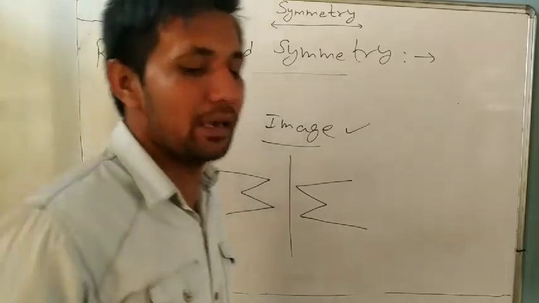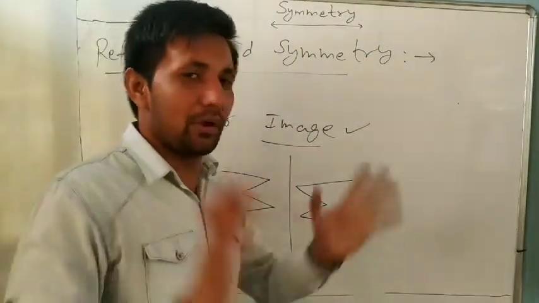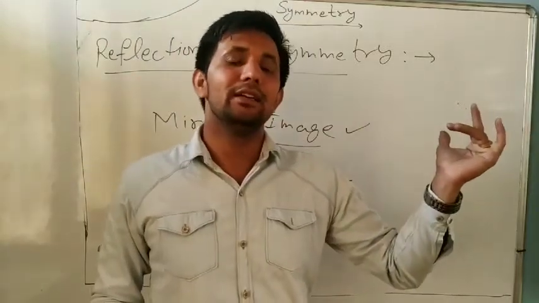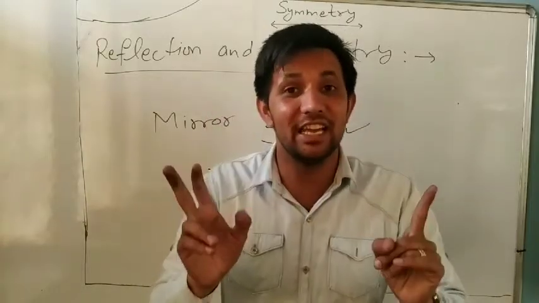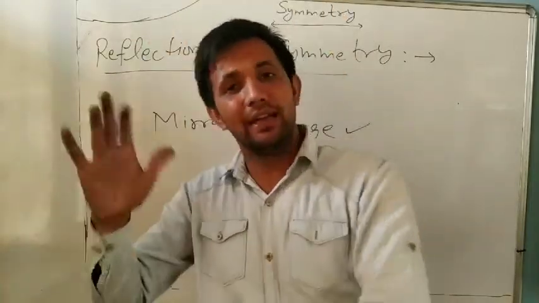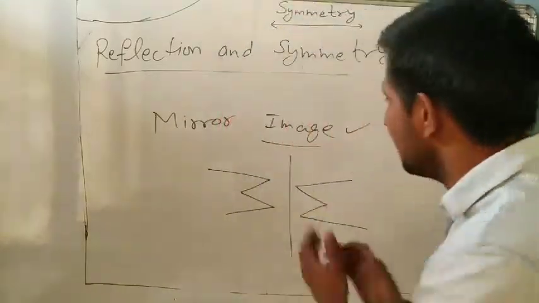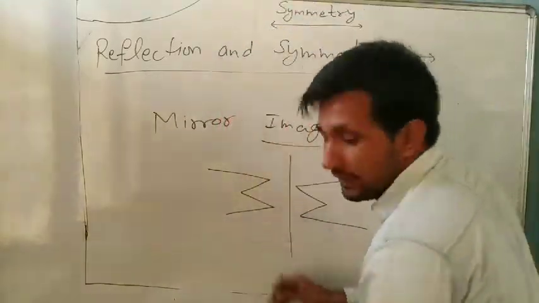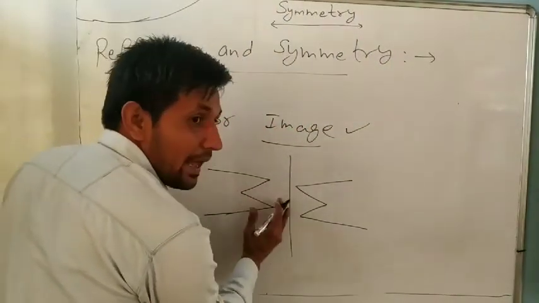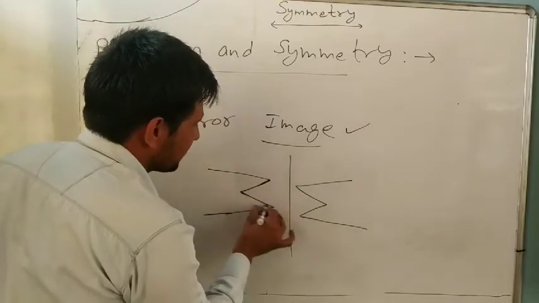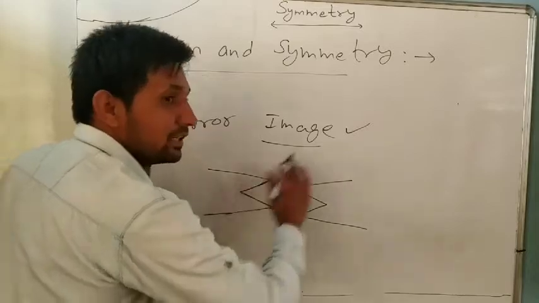Always remember, dear, in a mirror when we see our face, we observe that the left-hand side and right-hand side are changed. Left becomes right and right becomes left whenever we see in a mirror. Same as it is, it is a mirror. This figure, this face, is on our left side.